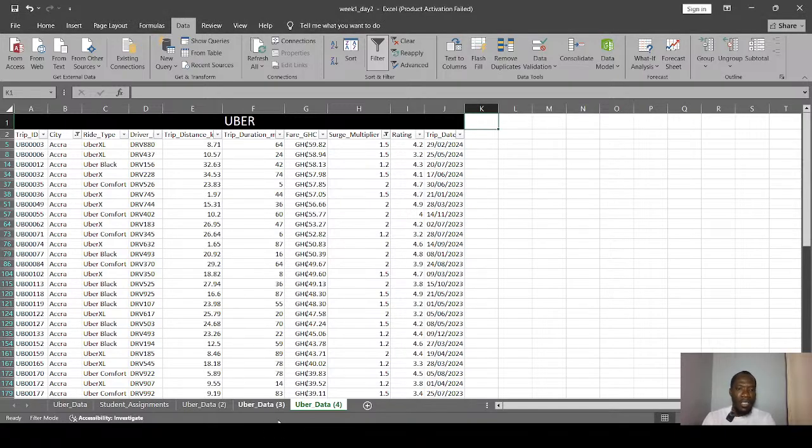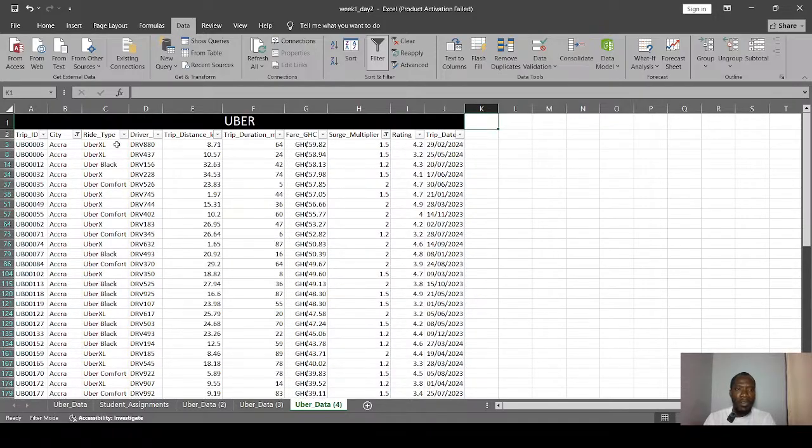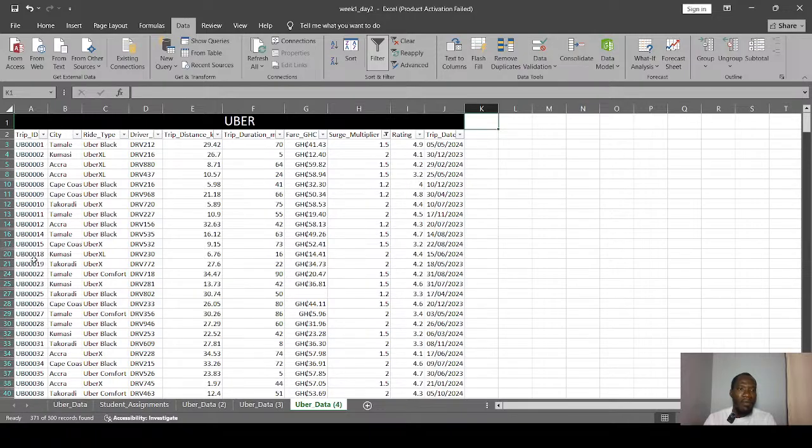So when you use the filtered sheet for the move or copy, you realize that the filtering is still active. Anywhere there's a funnel, it means the filtering is still active. So what I do is I click on the funnel, come and select everything. Now everything is showing.